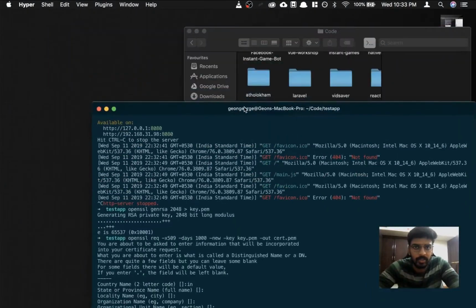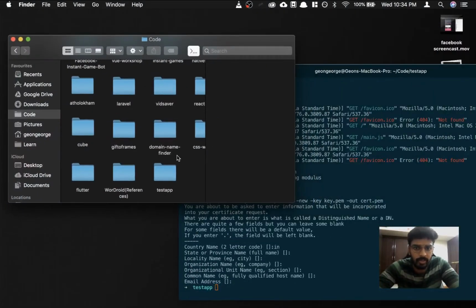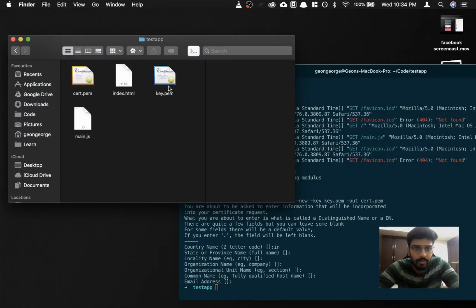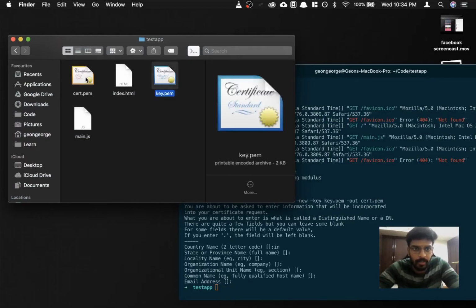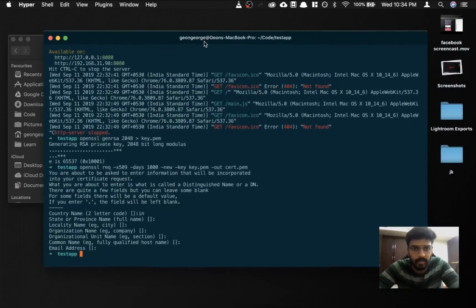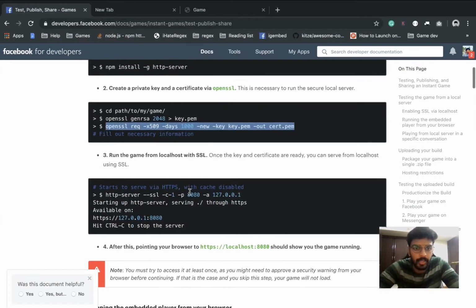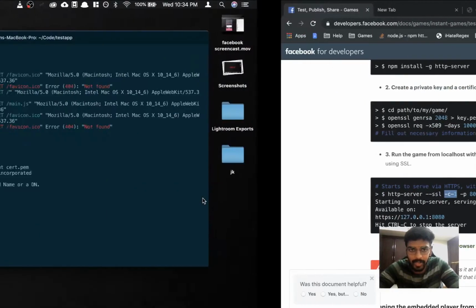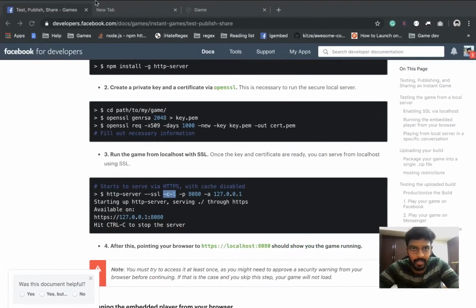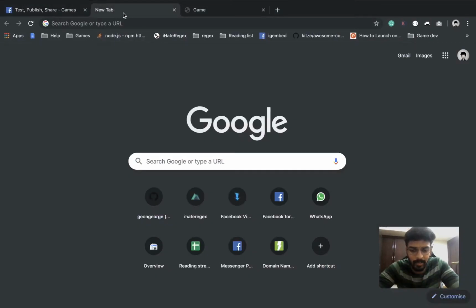Right, so just as we want, we'll go ahead and see what test step has. We have two files, which is key.pem and cert.pem, which is a certificate. So we are gonna open our HTTP server using this command, because the last command I forgot to mention about -c1, which disables our cache, which is really important, because you've just seen that when I opened my HTTPS,